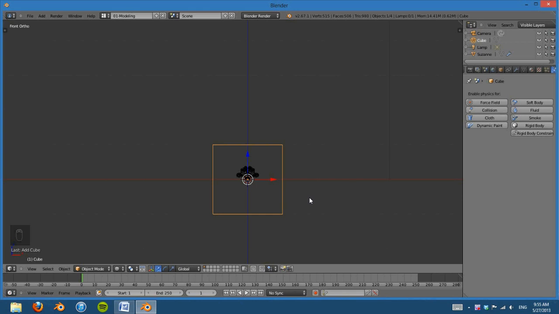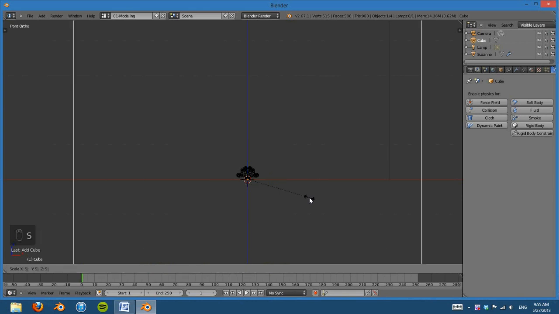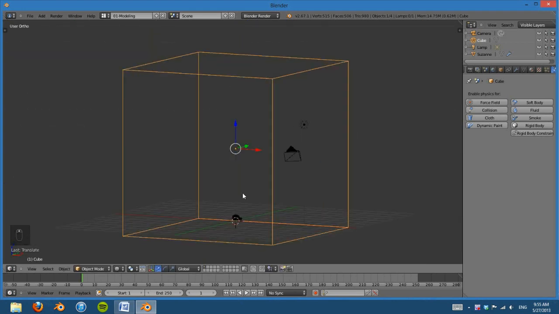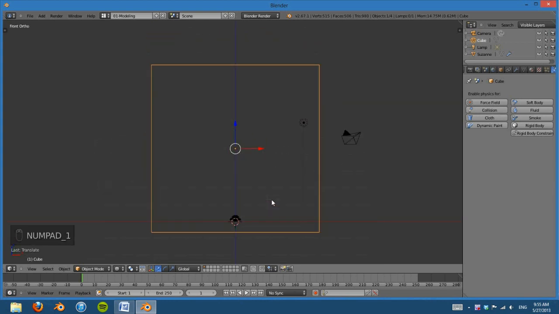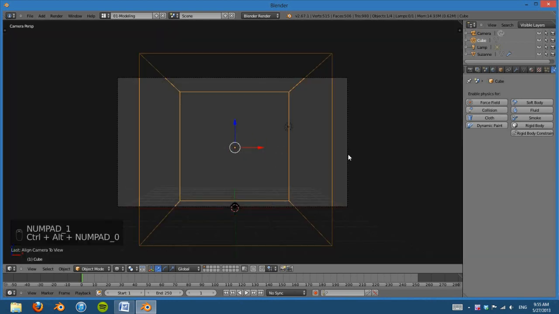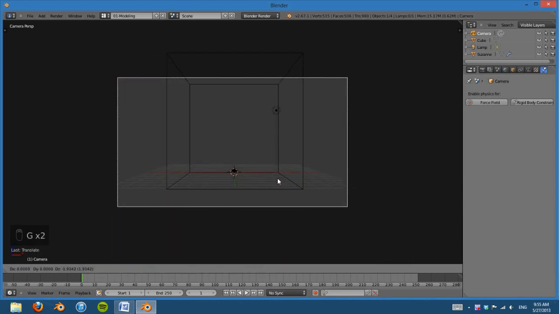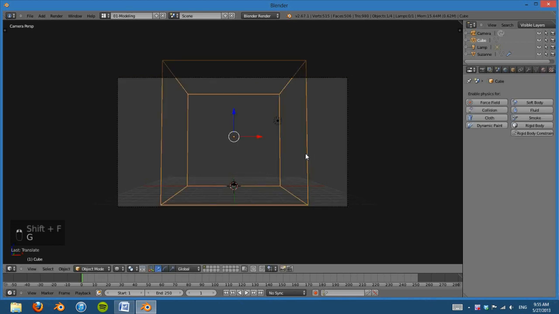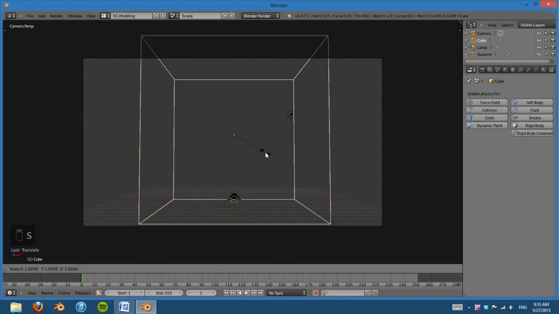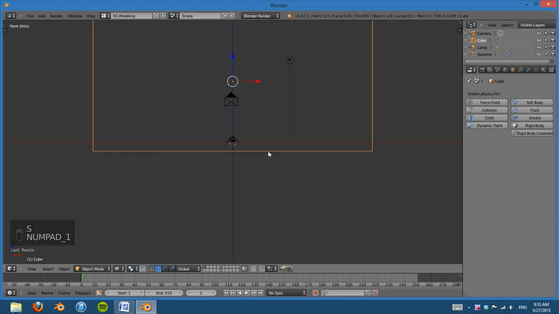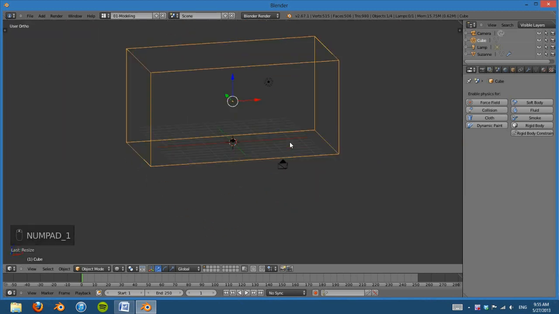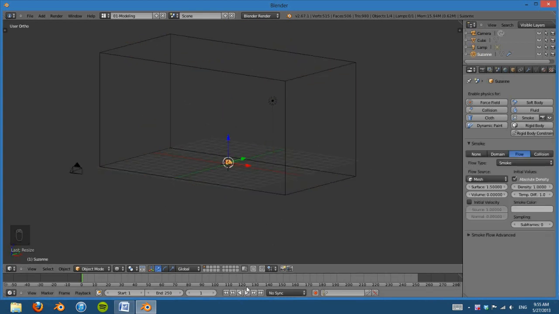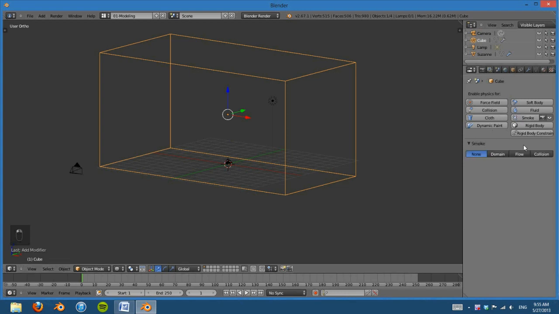So I'm going to take this cube here, this is going to be our domain, and I'm going to scale it up about 5 times. We can use adaptive domain, so it doesn't matter exactly how big it is. So that looks very, very large. And if I have my camera, say it'll be about something like that. This is going to need to be a little bit wider, so I'm going to scale it on the X 2 times. And there we have our domain. It looks very, very big, but baking shouldn't take quite as long thanks to the adaptive domain. So now if I make this a domain,